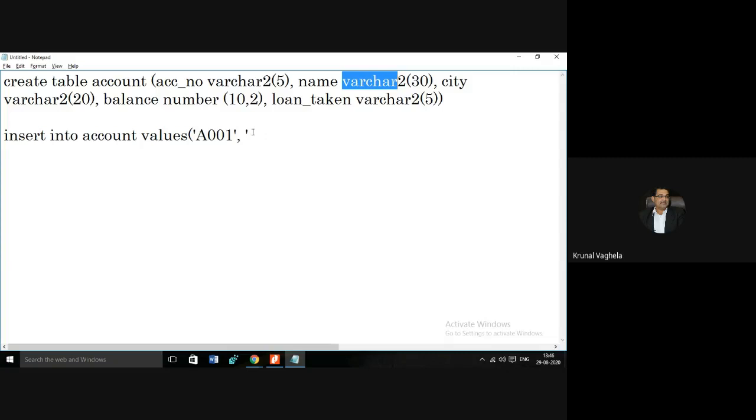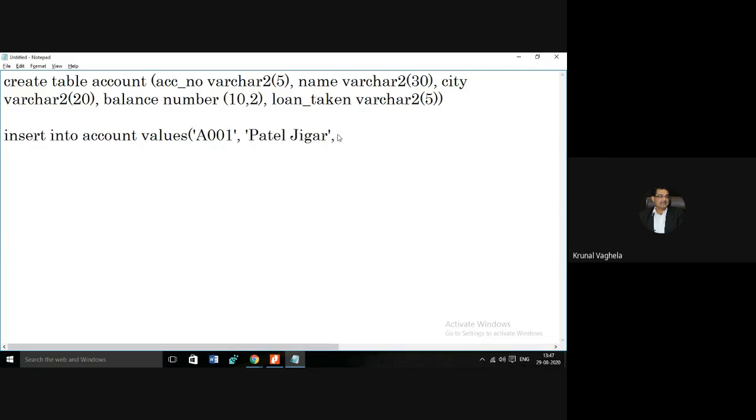So single quote, Patel Jigar. The values are case sensitive. This A001 is different than A001. These two are different. So table names and column names are case insensitive, but values are case sensitive. So you need to take care of this.